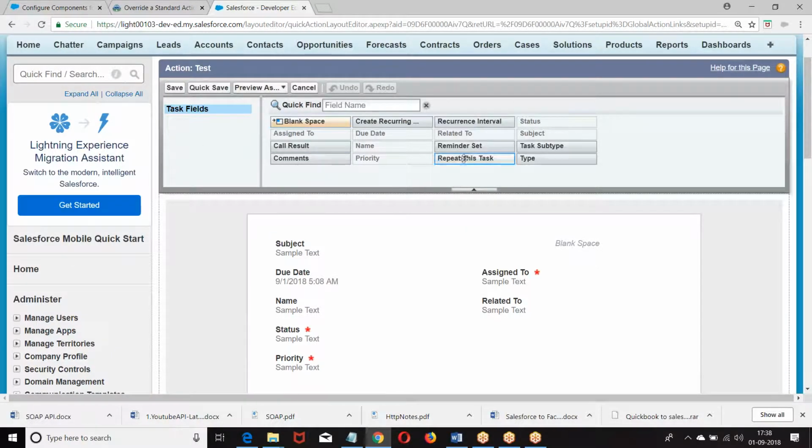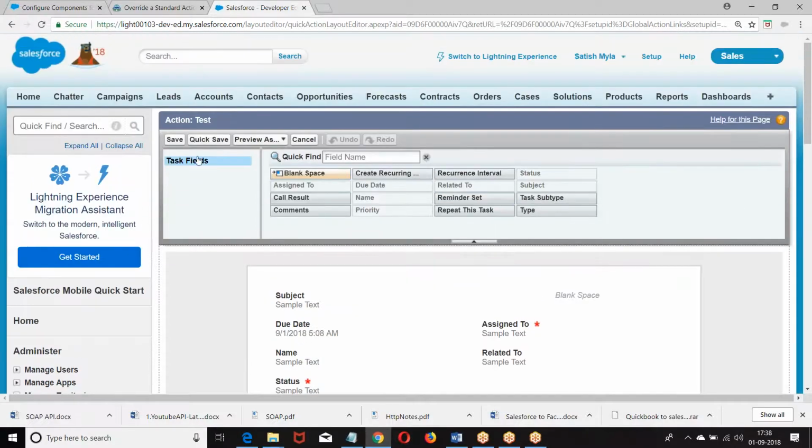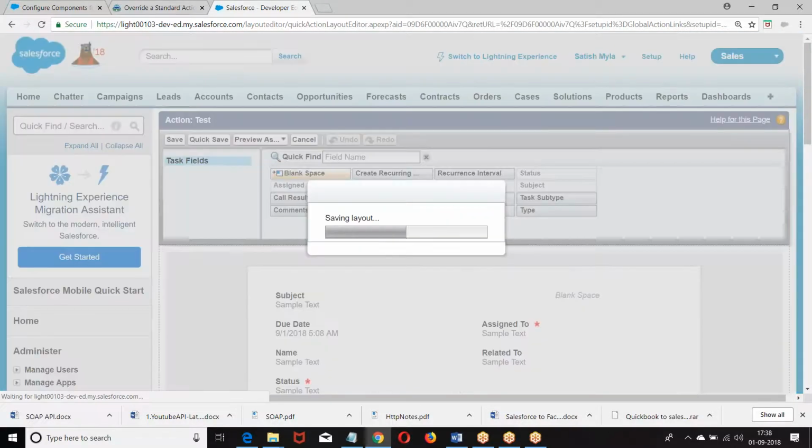Now, add the fields, whichever fields you want.